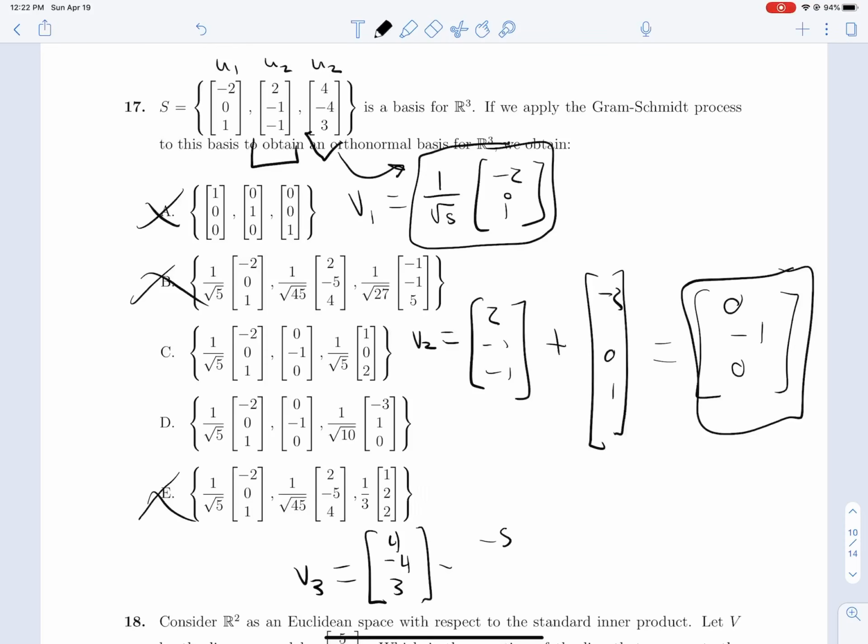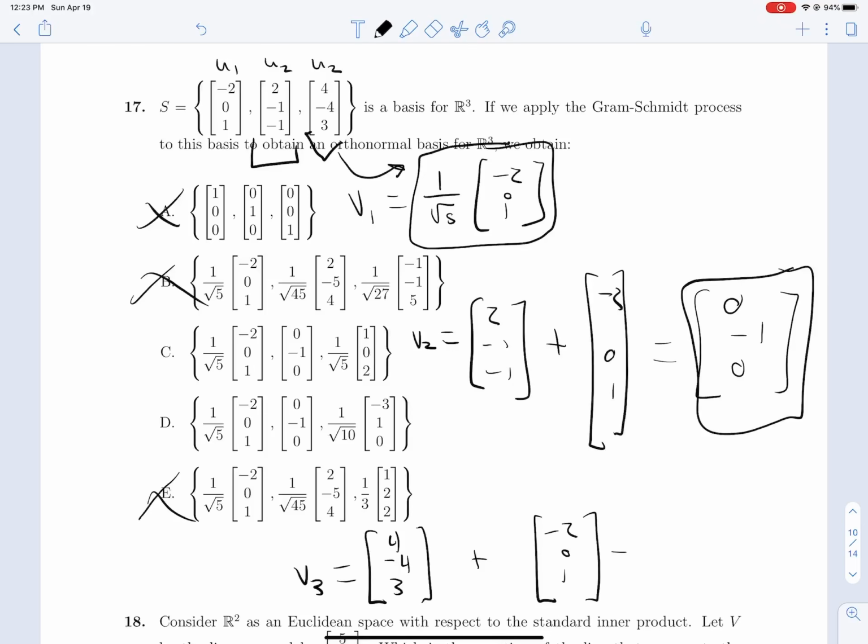And remember, I can ignore whatever we have multiplied out here because it will all get divided out in the end. So negative 5 divided by this first vector dotted with itself, which is just 5, and then we're multiplying it by that first basis vector, negative 2, 0, 1. And so yet again, this is a plus. And then we're subtracting out